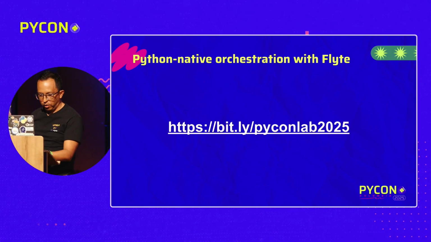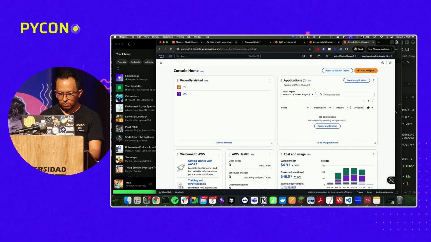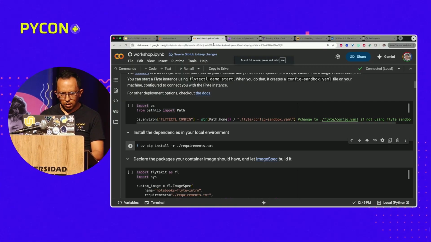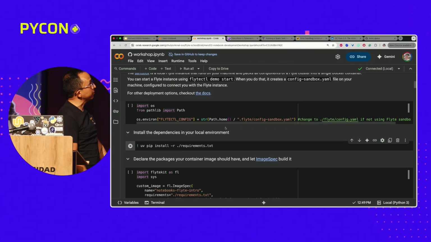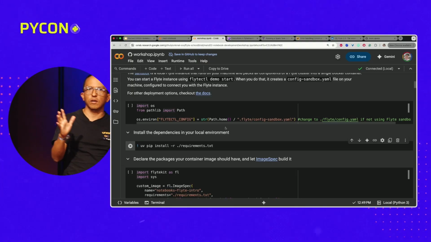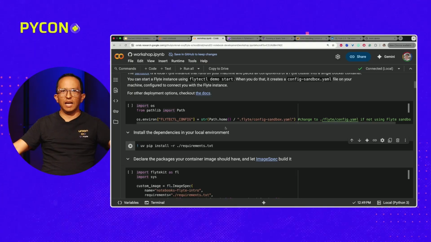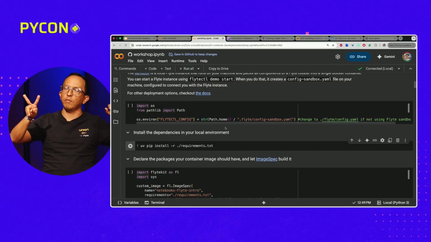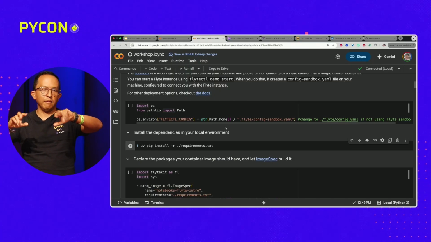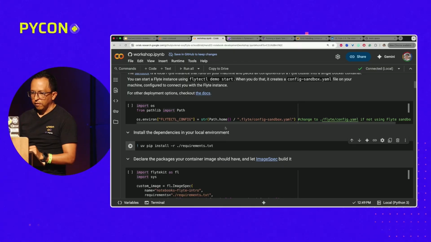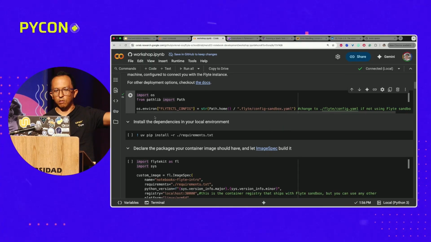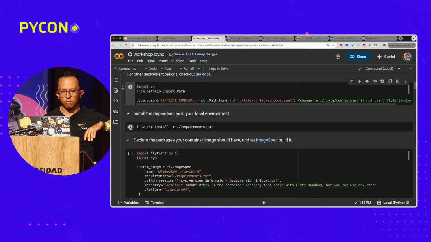So let me go straight to the live demo. I mean, what could go wrong with a live demo? Cool. All right. So here are a few things. I will connect to a Flight cluster. Flight cluster sounds complicated. It's just a single command, right? flytectl demo start. Can't believe it, 5 minutes. There we go. So I will just say, hey, I will connect to a Flight cluster that is already running,